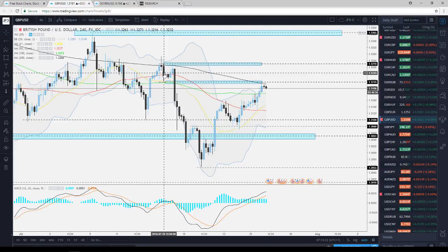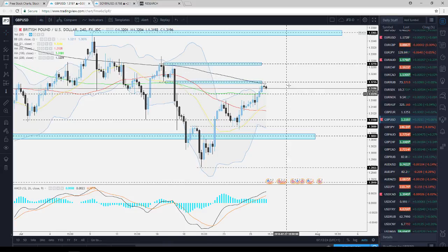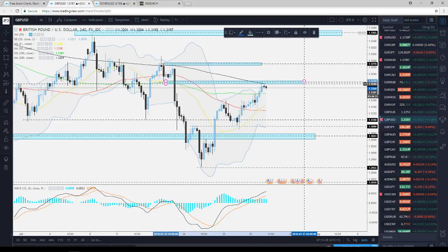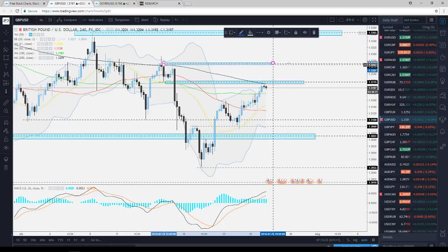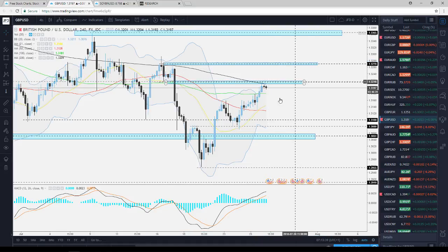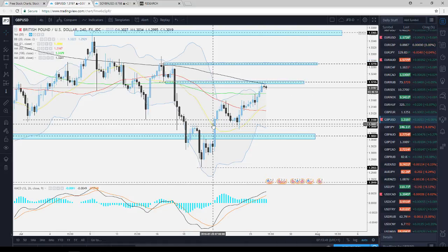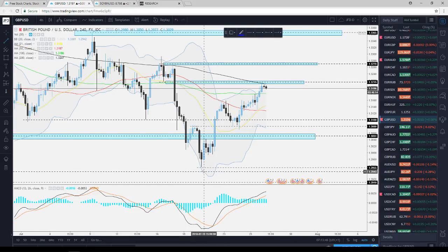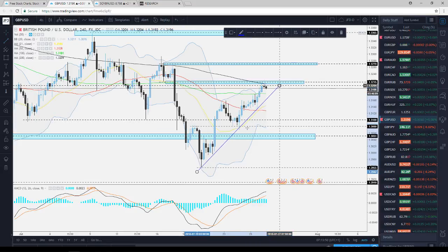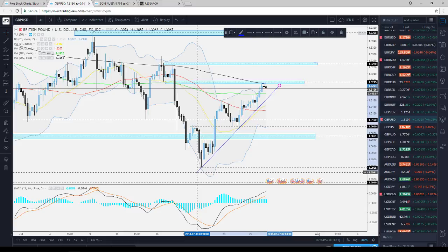We can see that it acted as a nice area of support, but then it got broken, and now we're testing this level again. Certainly keep an eye on it, because if we get a nice break above this 132.15, this could open the path towards the next potential area of resistance at around 132.70. So something, guys, to keep an eye on. Certainly the momentum is still to the upside, and if we draw something like this here, a tentative upside support line,